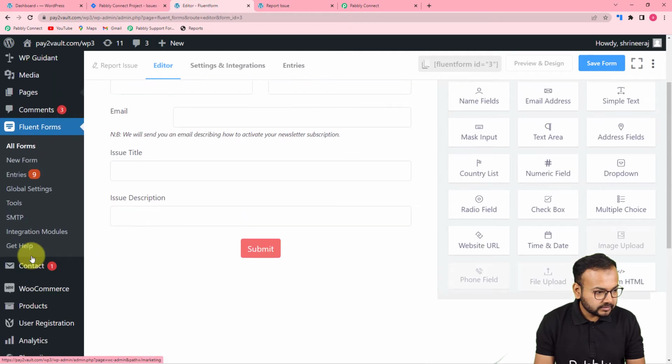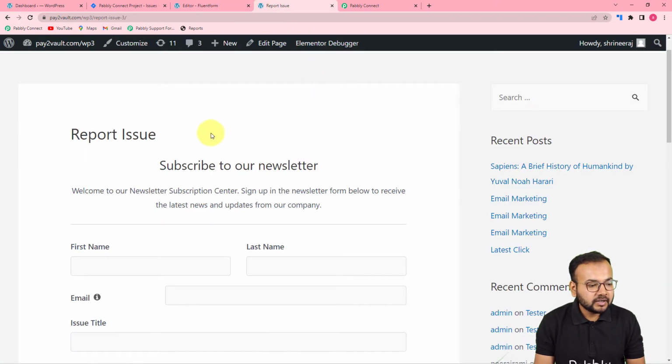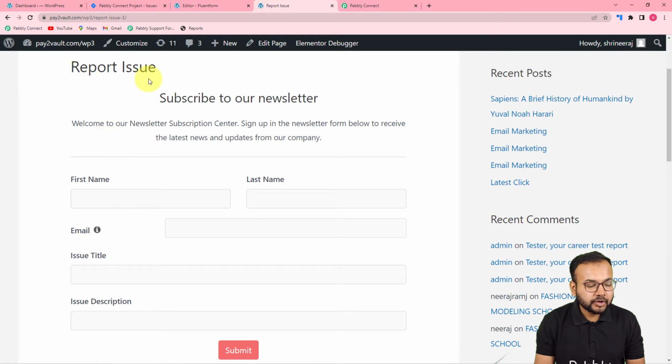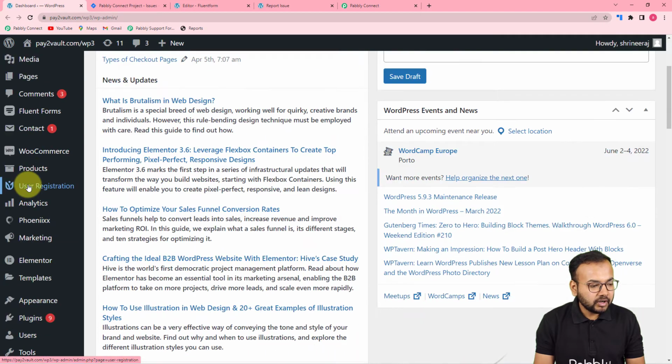This is the pages option, and from here you can select the page, and in that page you have to embed this form. So this is the page I have created, report issue page, and here I have embedded this form. Alright, now to make the connection, you have to reach the dashboard of WordPress, and from here scroll down,